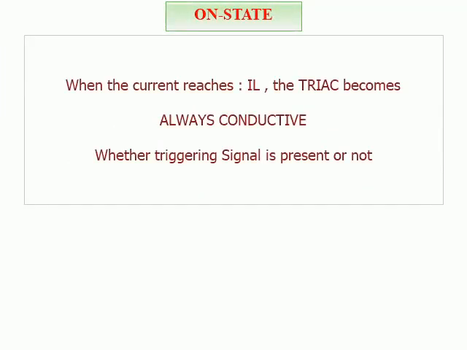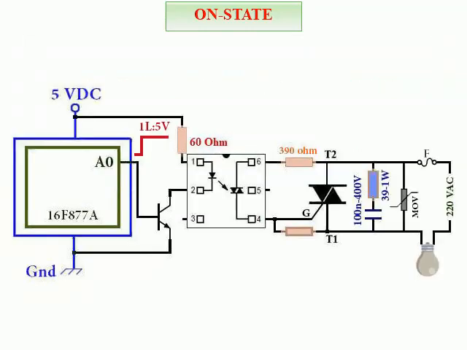The first feature is the on-state feature. When the current reaches a value called latching current, referred to as IL, the triac becomes conductive regardless of the triggering signal, whether it is present or not. In other words, when the triac is triggered by sending one from the A0 pin of the microcontroller, it switches on, and the device is connected to supply voltage, 220 volt AC, assuming at 0 point,